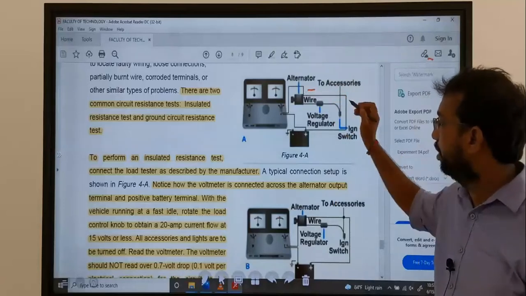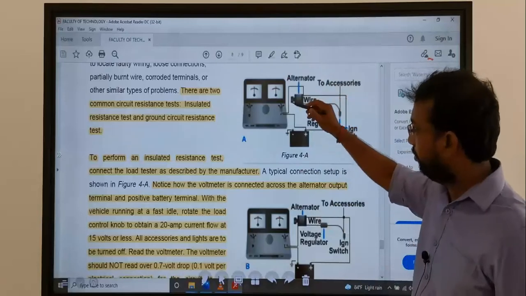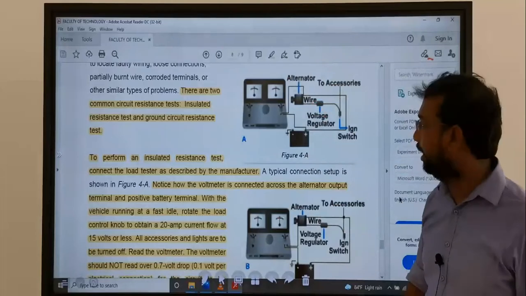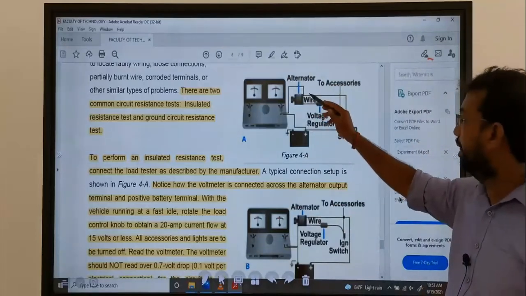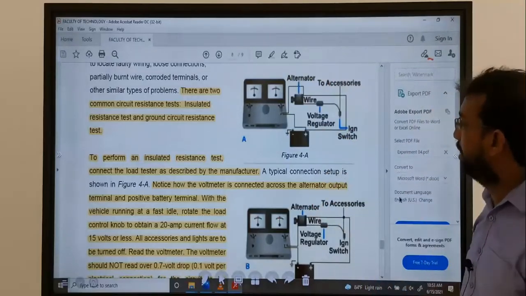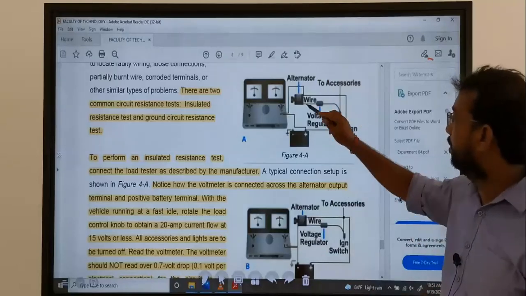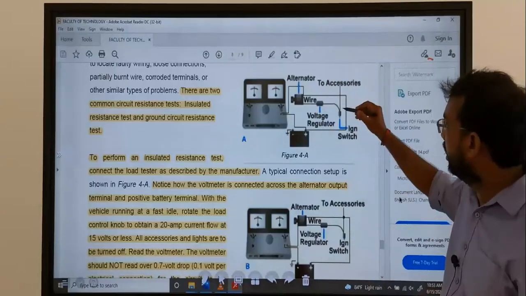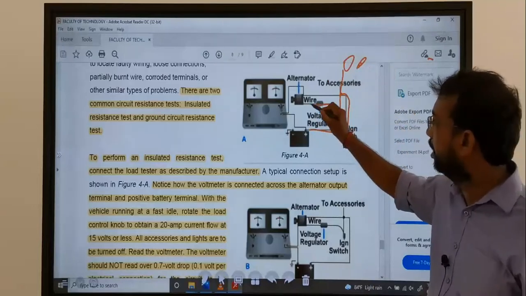The electron flow when charging comes from here to here. We connect with the output terminal here, and the other point we connect to the plus terminal of the battery. So the alternator is connected here, and the charging current comes like this. Just think, there is a voltage regulator between the alternator and the ignition switch. The ignition switch current is connected here and goes to other accessories. So the path is like this when the ignition switch current is going.